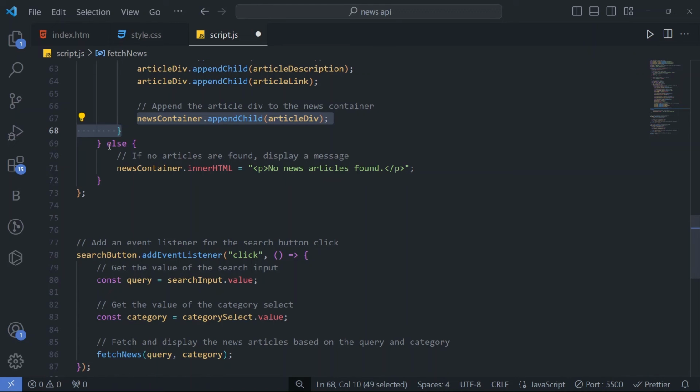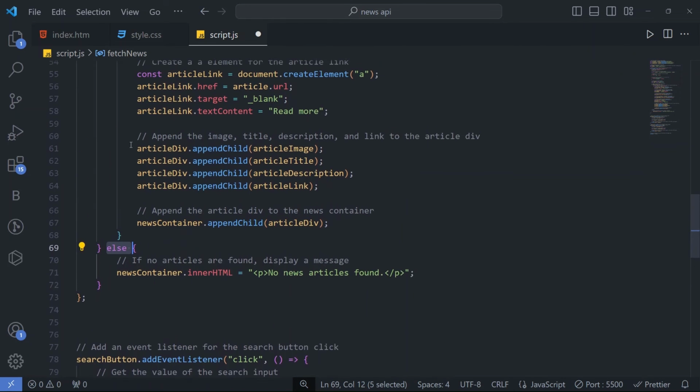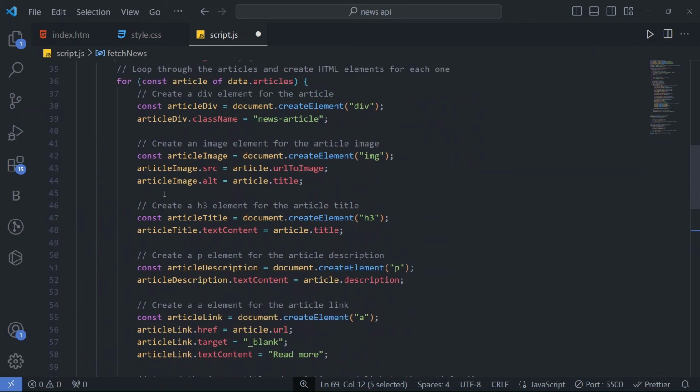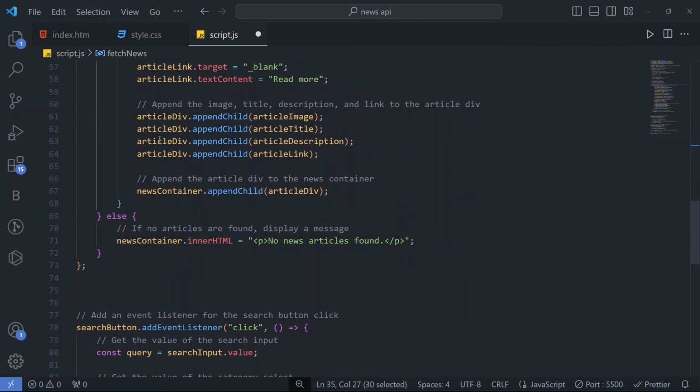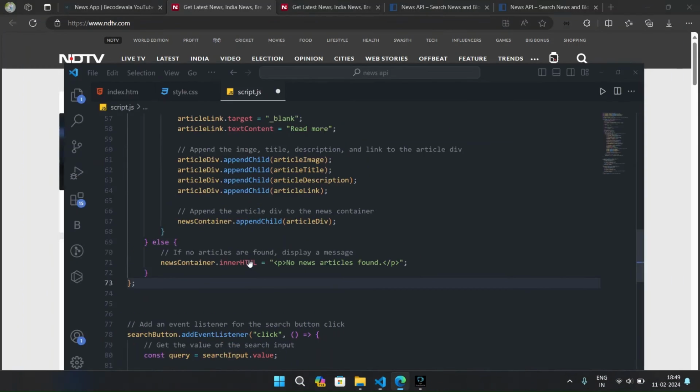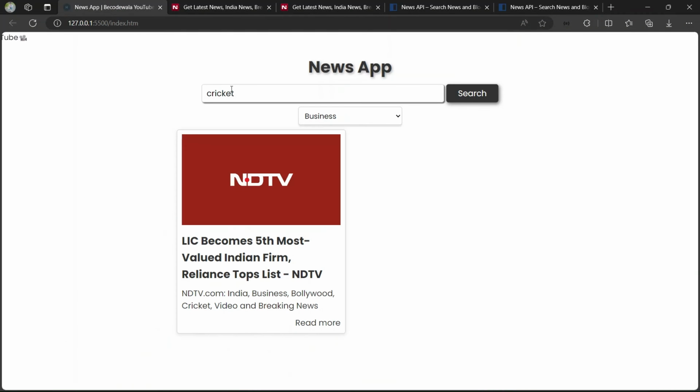So come to our code here. Here, the else condition: before that, if any article was found, if article length is greater than 0, we display it. If no articles are found, news container dot html will be "no article found". So if I show you, if I search for film,